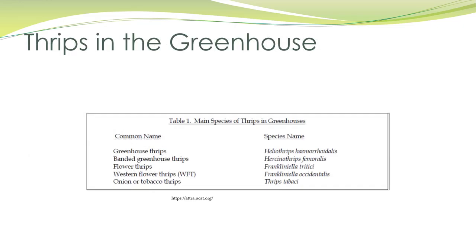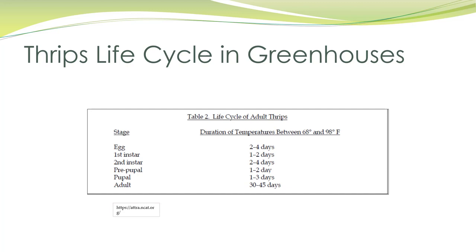So I wanted to talk about specific things here. Your book and some of the things I've provided will talk about general guidelines for monitoring, but I wanted to talk about particular things here. So thrips in the greenhouse, a huge problem. Several species cause problems, probably the worst of which is western flower thrips. It's important to know their life cycle so you know when to be monitoring, and this will tell you how long in a particular temperature, 68 to 98, which is quite often in a greenhouse in that range, how long it takes to get to these different stages.